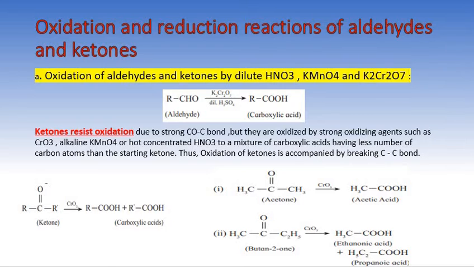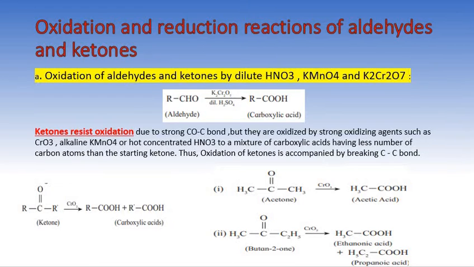In this topic, the first subtopic is oxidation of aldehydes in presence of nitric acid or acidified KMnO4 or alkaline K2Cr2O7. If we are oxidizing an aldehyde with one of these oxidizing agents, we will get the formation of carboxylic acid. Generally, ketones resist oxidation due to the strong bond between carbon and the carbonyl group,